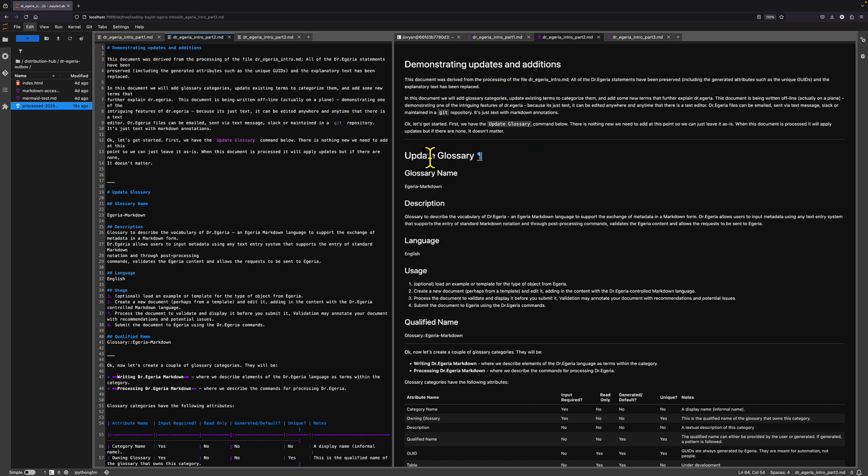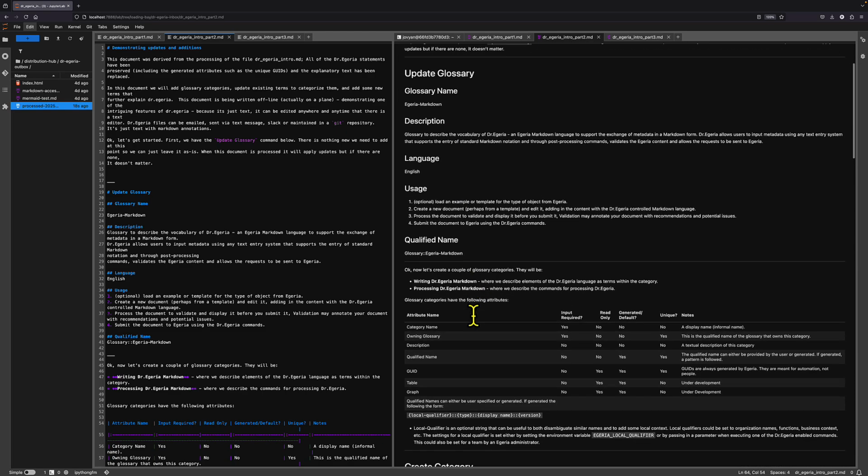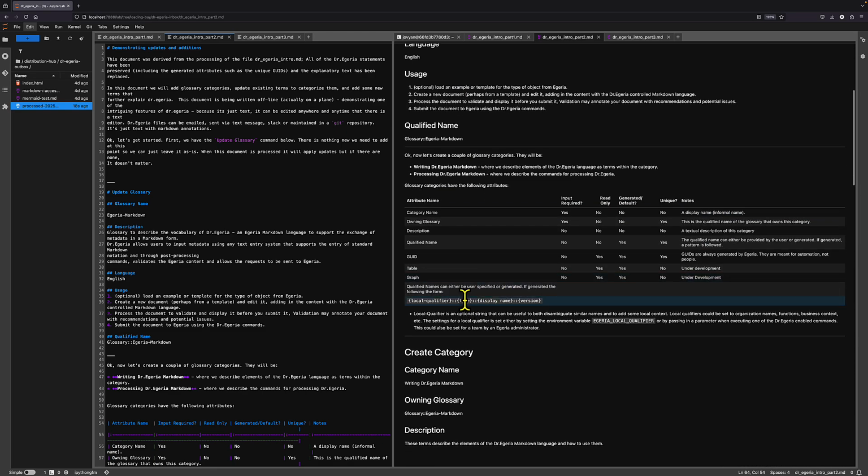Then I'm showing here a bit of narrative text that walks through the definition of a new kind of object called a category, to create categories within a glossary that we can then put terms into. We can see that a category we're defining here in this little markdown table has the following attributes: category name, owning glossary, and so forth. We can see which ones are mandatory, where input is required, and it's only category name and owning glossary. We can also see which ones we might be able to generate for you automatically within Egeria,